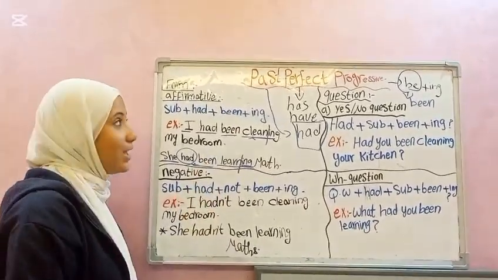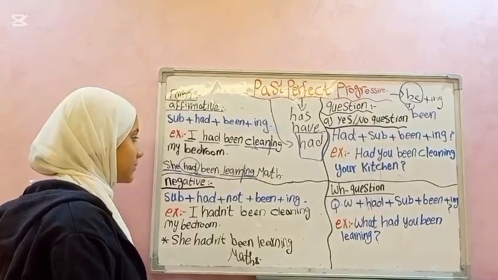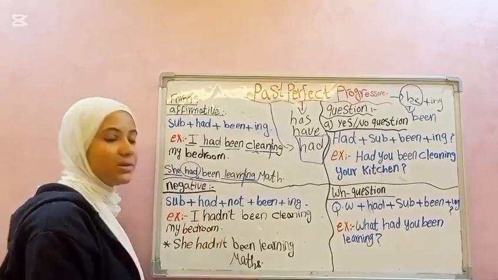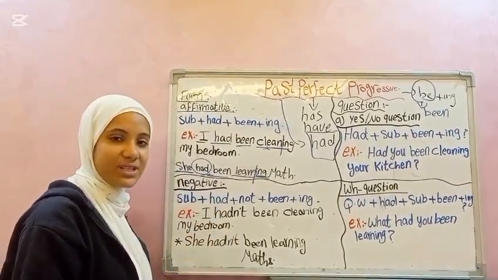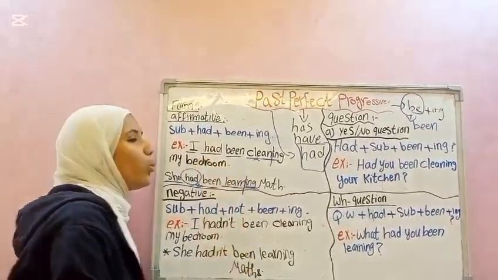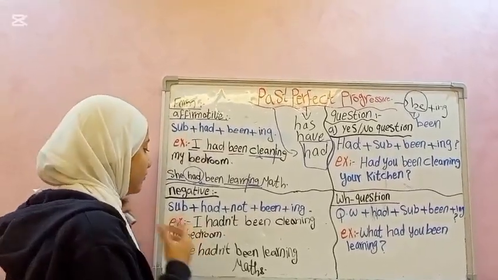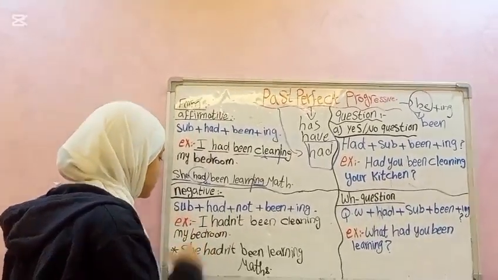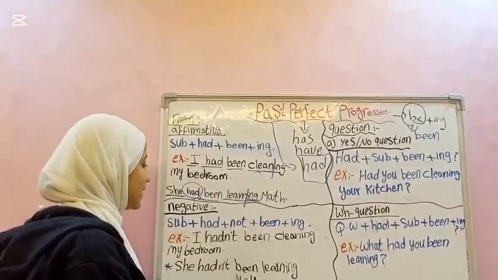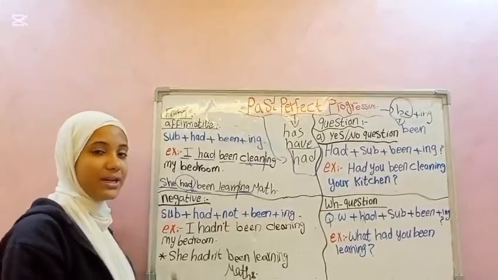Do you remember? In the present perfect, we use has with some subjects and have with other subjects, but here we use had with all the subjects. Let's move to the negative form. Subject plus had plus not plus been plus ing. An example,